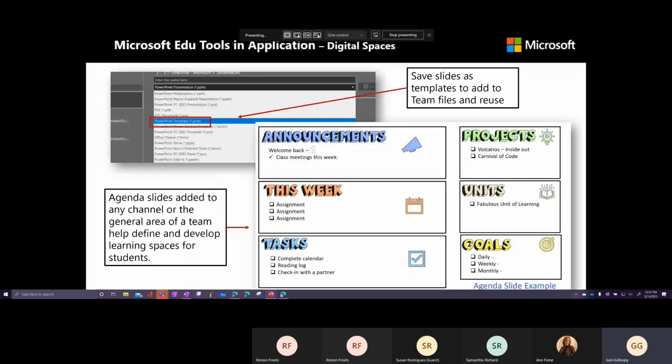So these are strategies that you can continue to utilize that are going to add in efficiency. They're going to add in productivity. They're going to add in those skills and bring that on with your students as you move forward, even as more face-to-face learning happens in instruction and in classrooms. Remember to use these tools in this way to get a lot of these types of tasks out of the way. Agenda slides created such as this in PowerPoint are a great way to have assignments for the week listed, help to keep students organized,